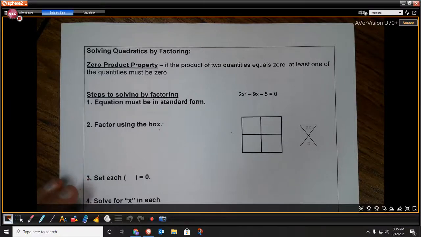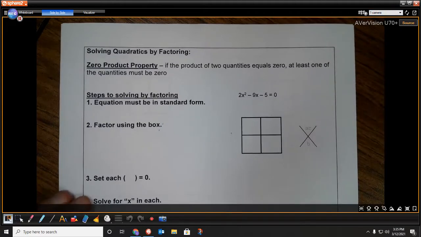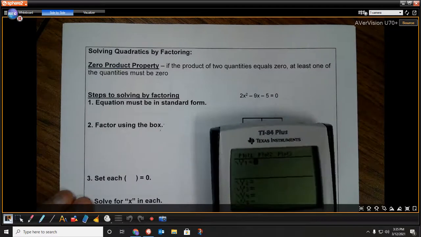Alright guys, Miss Humanek here, and today I'm going to talk to you about how to solve quadratic equations by factoring, okay? And so what you'll notice is for this particular problem, the very first thing you do,